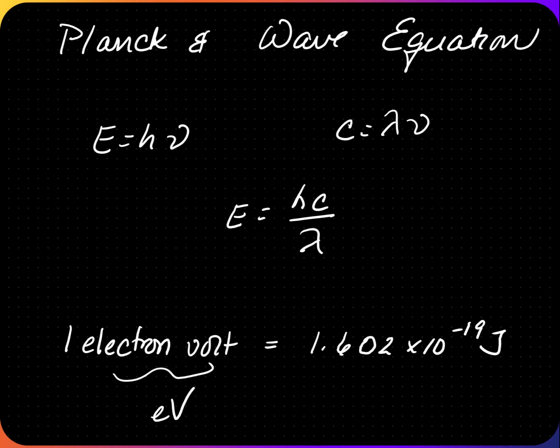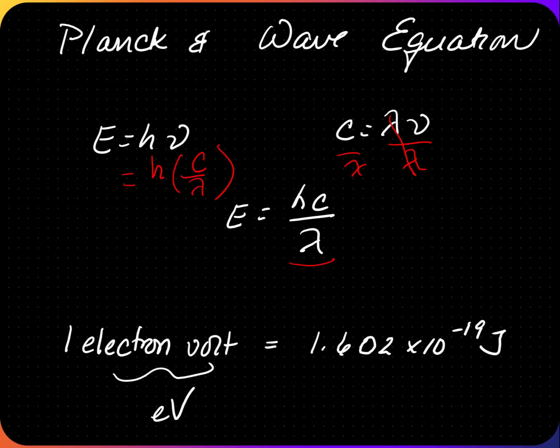Planck's equation was later used to solve for the wavelength of a light by incorporating the wave equation. So we know that E is equal to h times nu, and we also know speed of light is equal to lambda times nu, which is frequency. So you solve for frequency and plug it in. If I solve for frequency, I need to divide both sides by lambda. So nu is equal to c over lambda. If I plug this in, this is h times c over lambda. So E becomes h, Planck's constant, c, the speed of light, divided by lambda, which is the wavelength of the